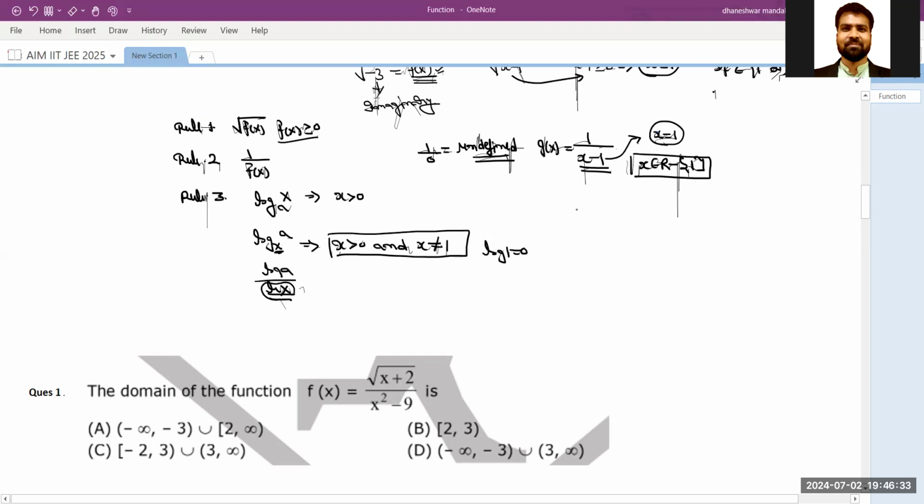Okay. Now rule 4 is there. If we have any trigonometric function, I am familiar with sin x and cos x, then this function is always defined. Similarly, if we have any polynomial function, let's suppose a linear function, quadratic, cubic, then every polynomial function